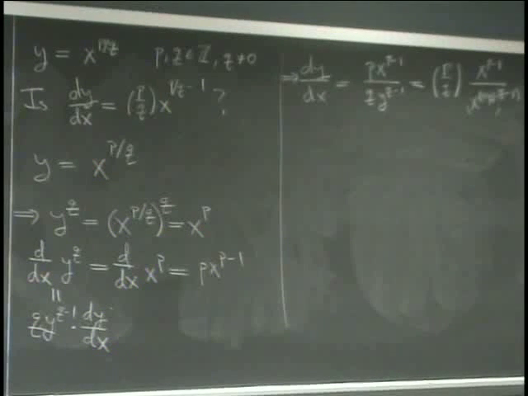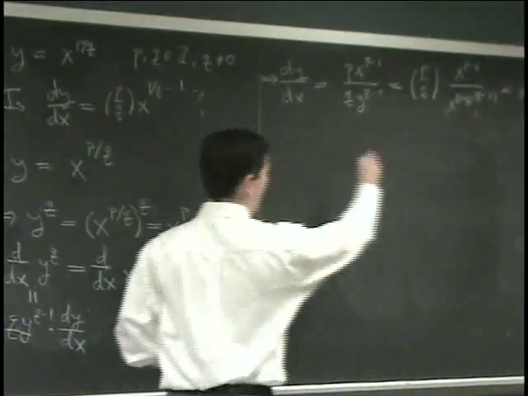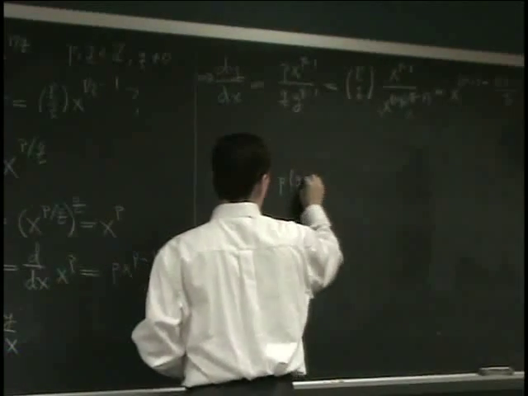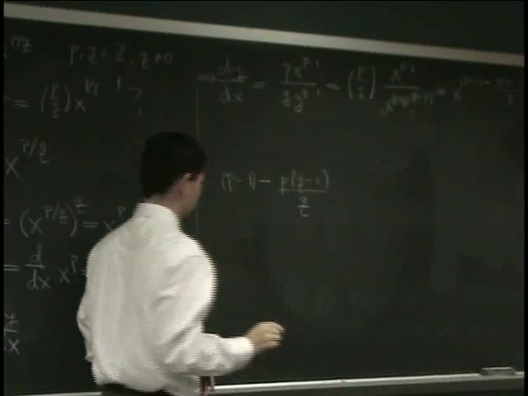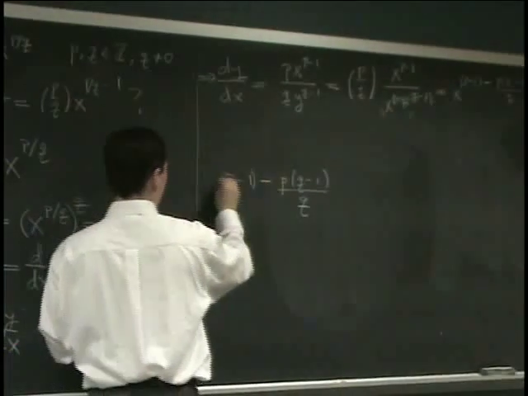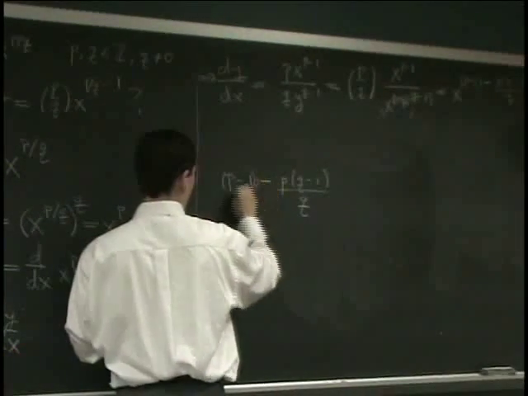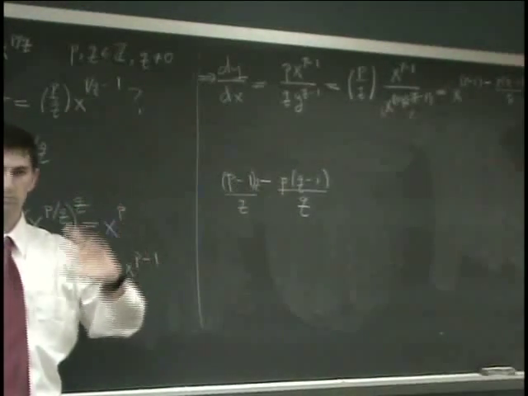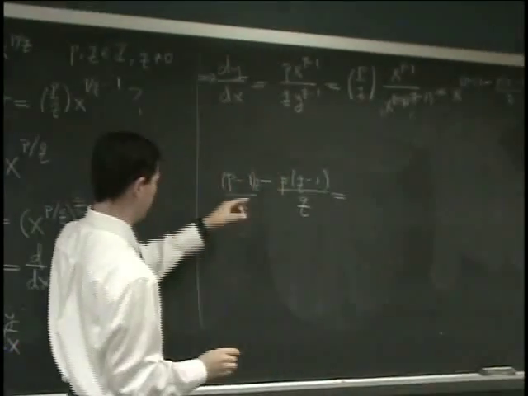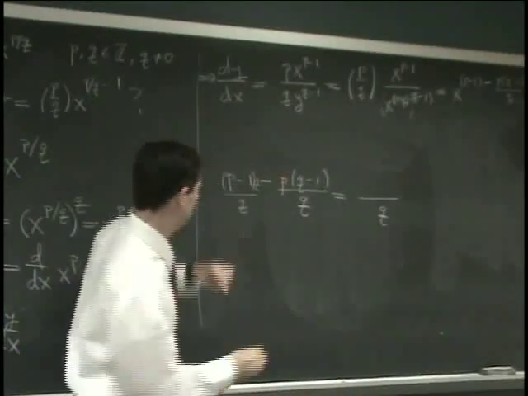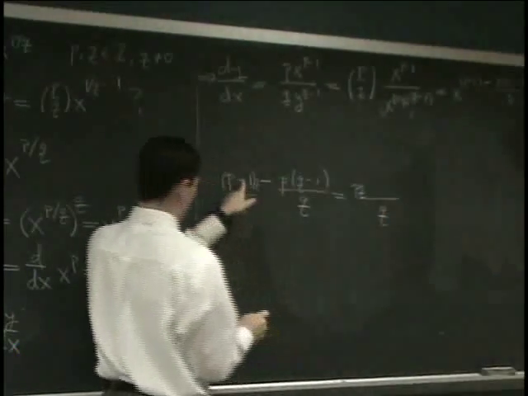Okay, so, well, let's see if we can simplify that a little bit. Let's just forget about the x. Just write p minus 1 minus p times q minus 1 over q. Okay, well, I'd like to make this one fraction. So I'll multiply by q over q. And now I can subtract these two. So the bottom is going to be q, and the top, you get pq minus q